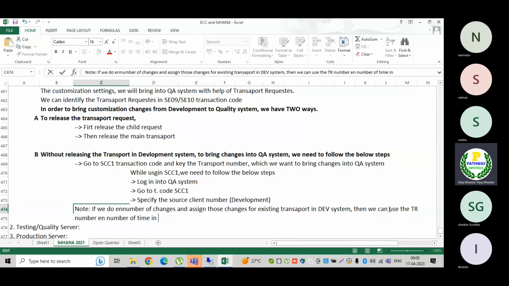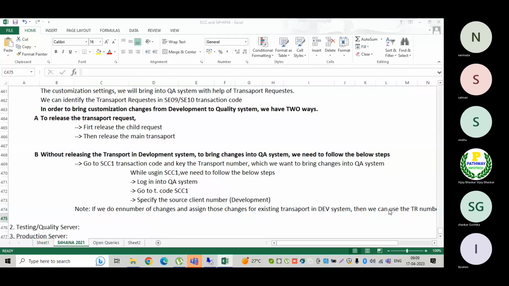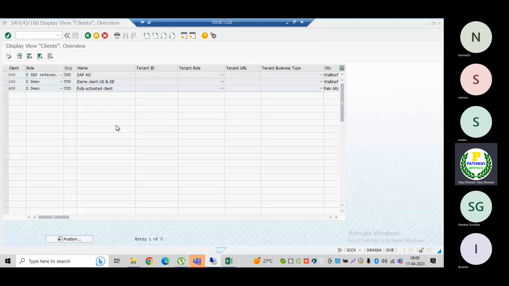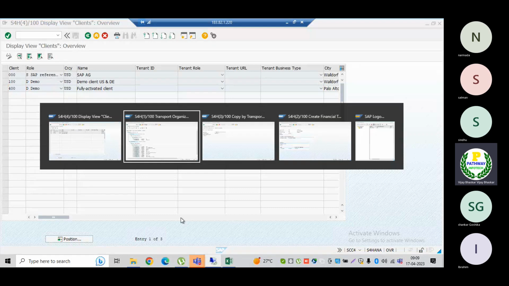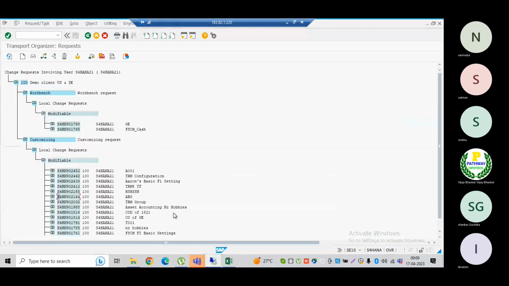So what I'm trying to explain here, let us assume, up to now I have done some configuration. Now I'm using this transport request in SCC1, then I'm bringing some changes into the QA system.